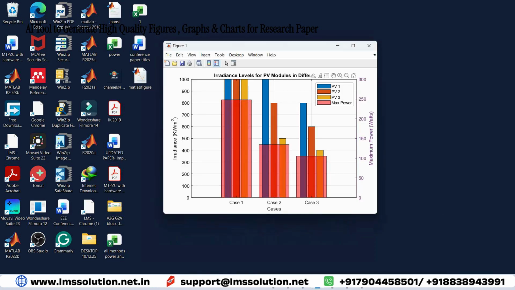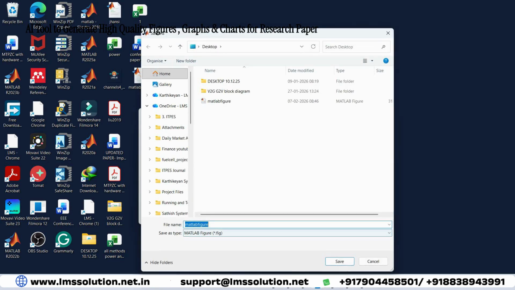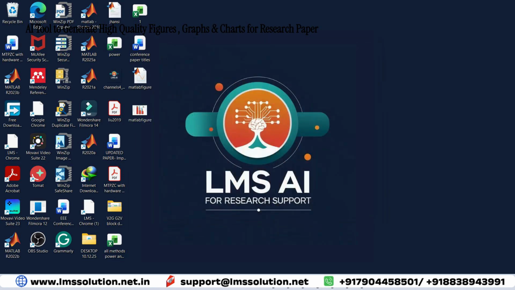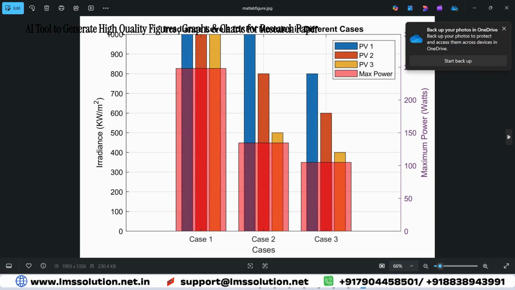Here, if you want to save it as an image, just go to export again and then use JPEG. That JPEG file will be saved here. So here you can see, this is how you can obtain a high quality figure using this